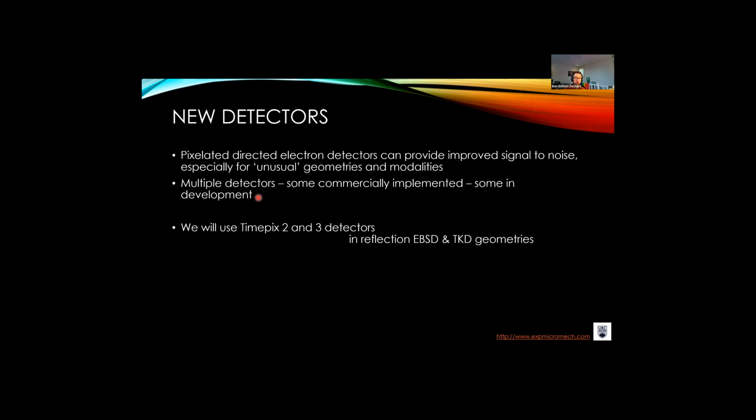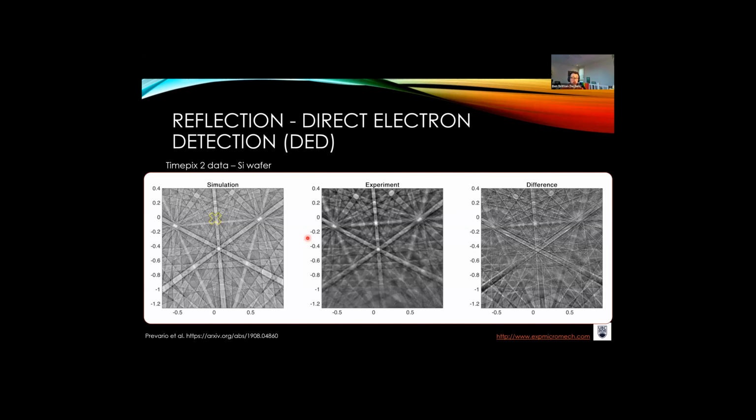I happen to have bought a few of some specific things, and I'm going to show specifically TIMEPIX 2 and 3 detectors. The form factor is one of the important aspects that we like for this particular holding. So our one setup is we can do a reflection-based method. One of my favorite materials is silicon to show off EBSD stuff. So here's a simulation, here's an experiment, and here's the difference. What's super interesting about this is 256 pixels by 256 pixels. So it's actually a very small amount of information, but it has very high acuity,